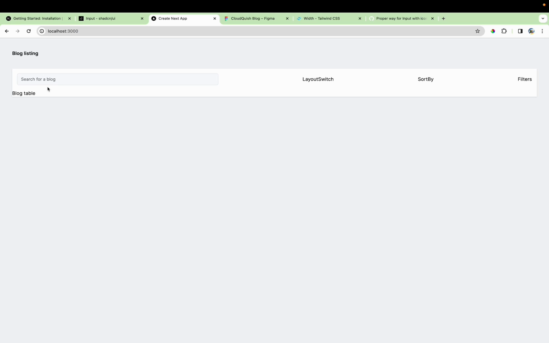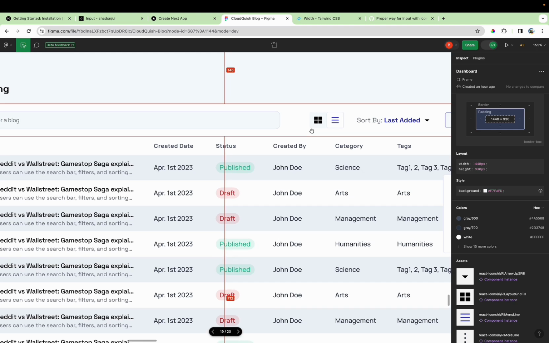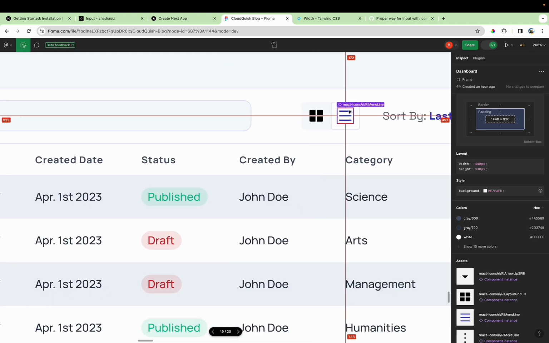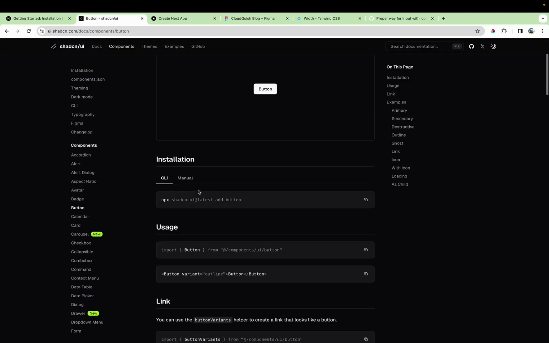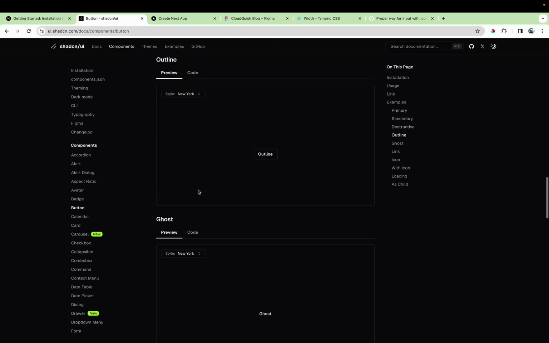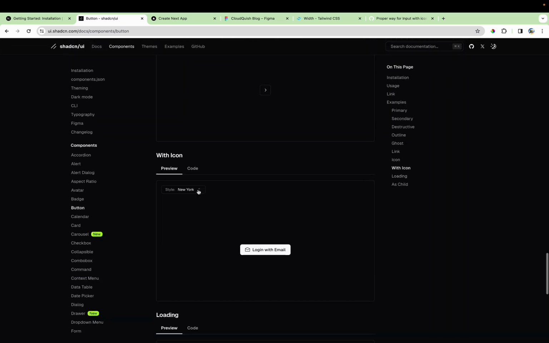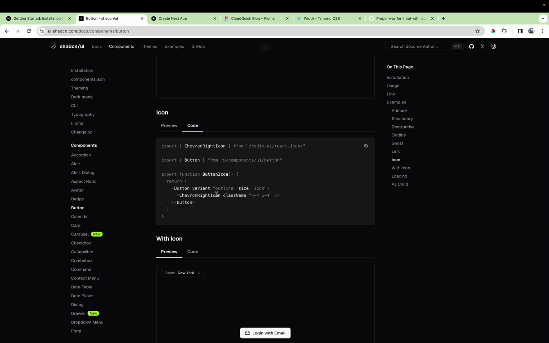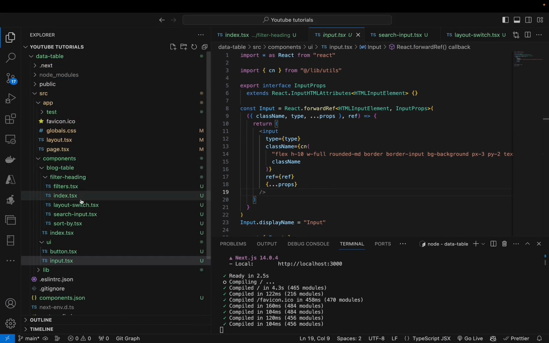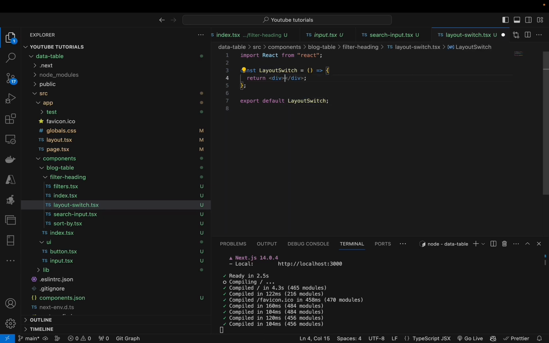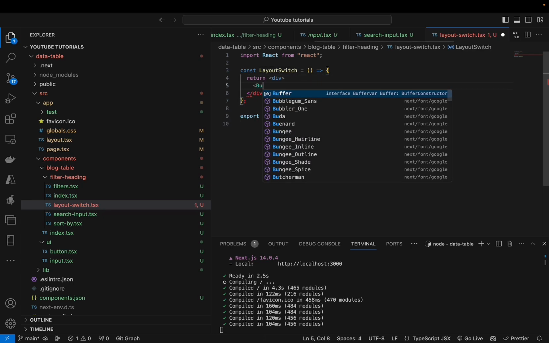Now that the search input is completed, we can start working on layout switch. If you look into the layout switch component, it is two buttons which are attached right next to each other. In Shadcn, we can go to the button library, and we have already installed this button, and we can just use the icon button, and use this button right next to each other so that it shows something like this. So let's just go in the layout switch, and if I just remove this, I can add button,